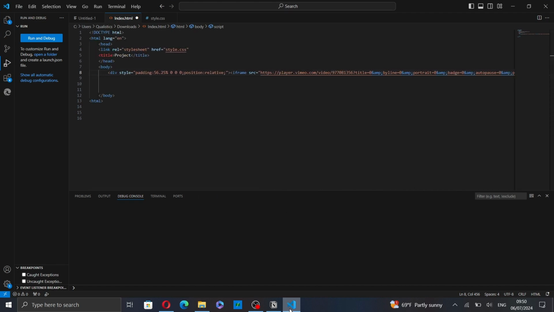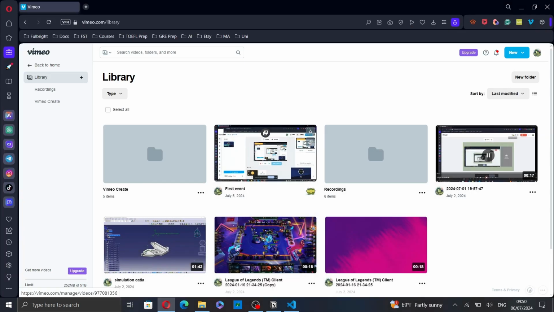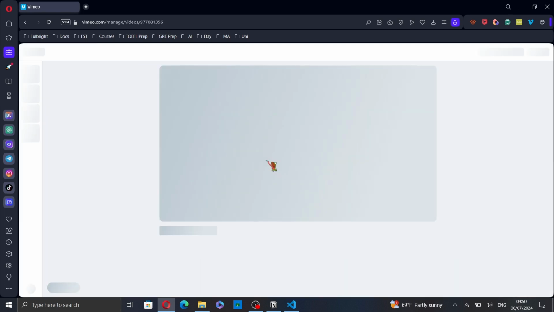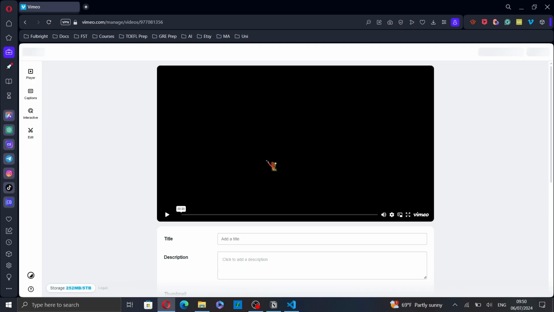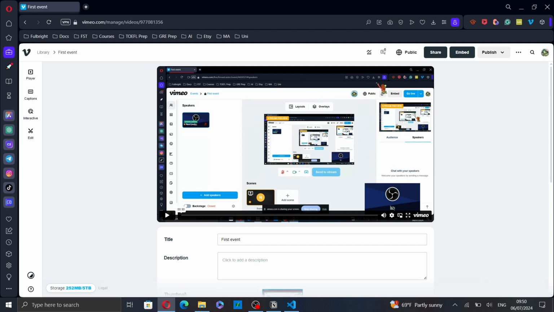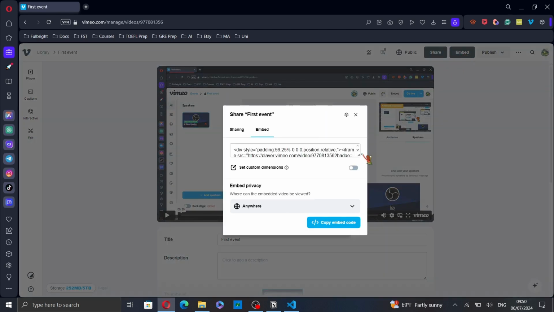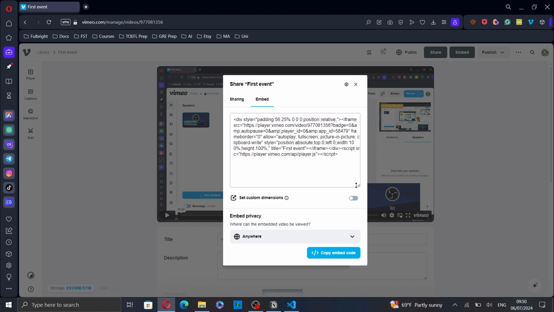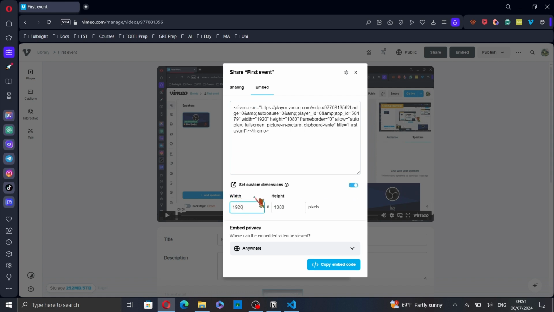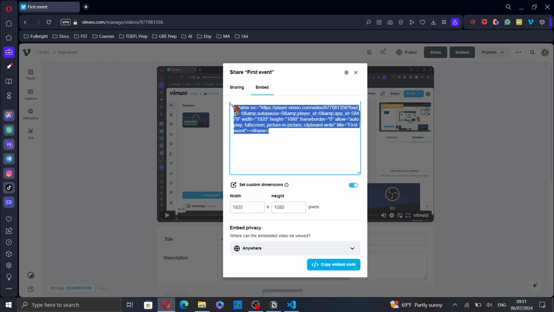Or the second option is to go back to the video and click on it. And here, click on Embed. And here, as you can see, is the embed code. You can click on this toggle to adjust the width and the height of your picture, and then copy the code